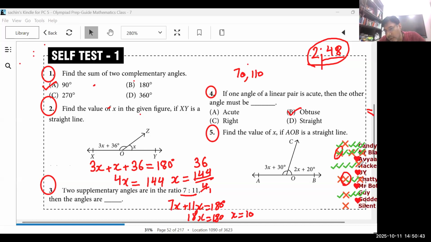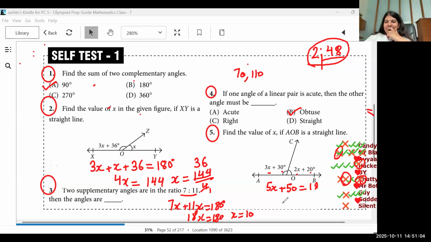And fifth किसका wrong है? Hacker and chatty. फिर linear equation में mistake हो गई. 3x plus 2x 5x, 30 plus 20 50. 5x plus 50 is equal to what? 180. कहाँ मिस्टेक हो रही है चैटी? 7 division गलत कर. अच्छा,